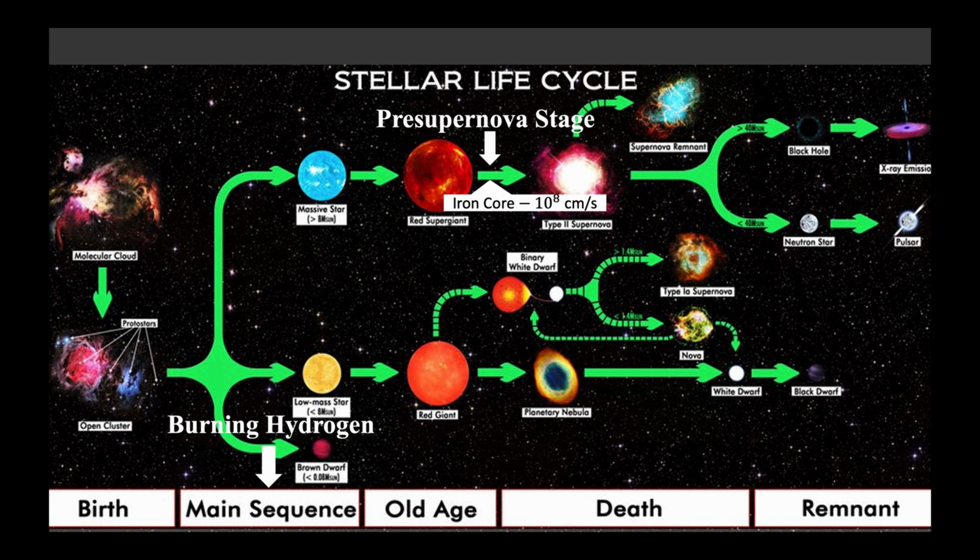Stellar evolution means the process from the moment the stars were born to when the stars die. Stars initially are molecular clouds, then stars with 10 or more solar mass can form heavy elements. As the stars form the iron cores and the iron core fall velocity reaches 10^8 kilometers per second, we will define them as turning into the pre-supernova stage, which means the stars would have the possibility to become supernovas or black holes. So, later in this video, we shall explore whether rotation makes the stars more easily step